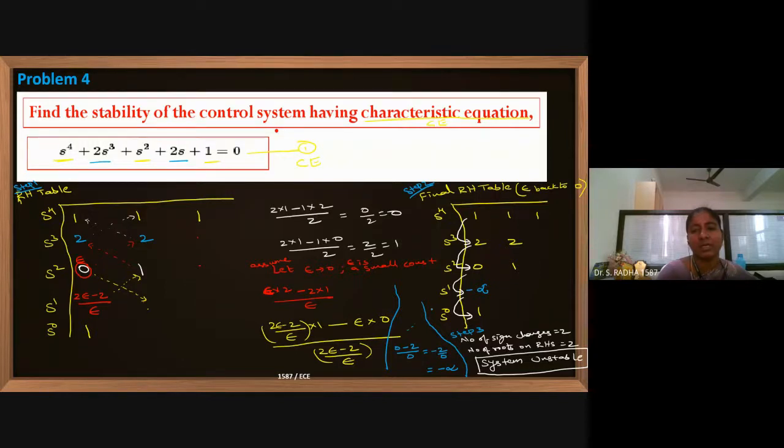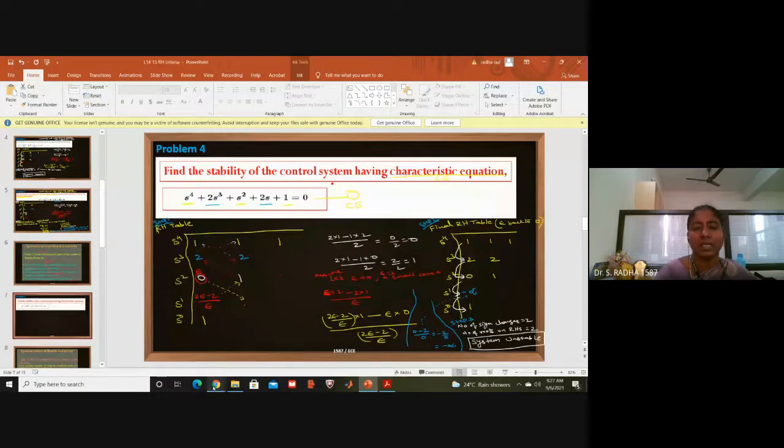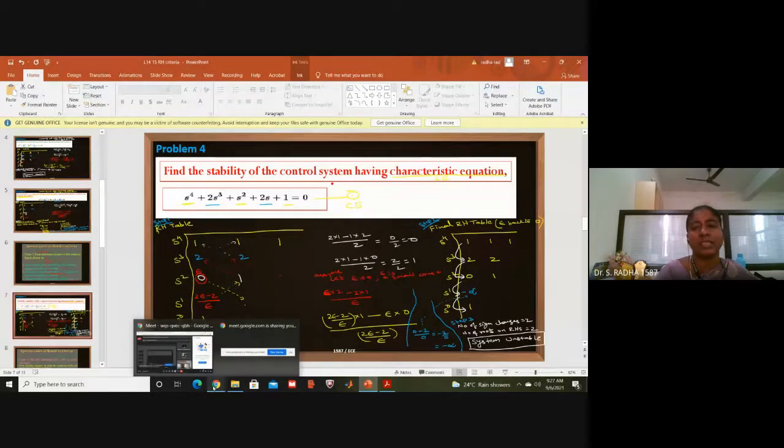Our final conclusion is the system is unstable. This infinity we are calculating like this. This is about one of the special cases in the RH table. Now I will go with